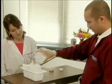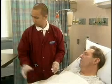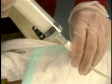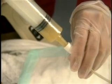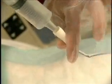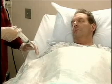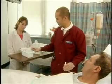Put some water into the container. Okay, now I'll just unclamp the tube. Then return the contents immediately through the tube. Then we'll flush the tube with 30 milliliters of sterile water, Robert. Okay. Things look good, so continue with the feeding. Now I'll just clamp the tube, disconnect the syringe,